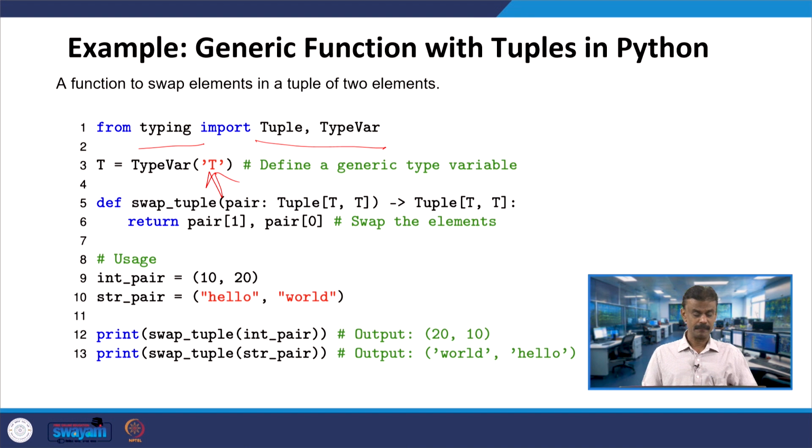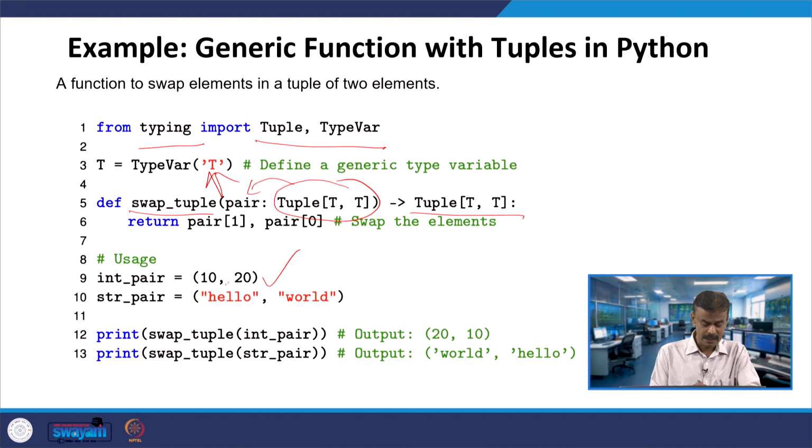Here I define the generic function swap_tuple. You have Tuple[T, T], which I am mapping to pair, and the return type is Tuple[T, T]. What is it returning? Pair, when it is a Tuple[T, T], gives you pair[0], pair[1], and so on. Whatever numbers we are taking, in this case it is a tuple, for example 10 comma 20. I have taken the same example, 10 comma 20.